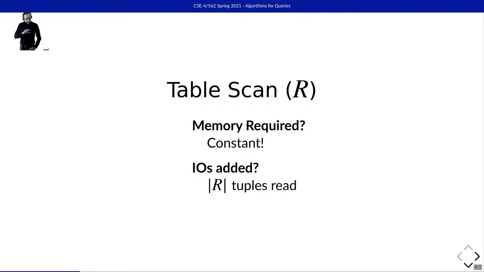Even if you implement a table scan as reading one tuple at a time and spitting it out, reading the next tuple, spitting it out, and so forth, the underlying file system will actually do some buffering for you. If for no other reason than usually you can't read data off of a disk at the granularity of individual tuples, you have to